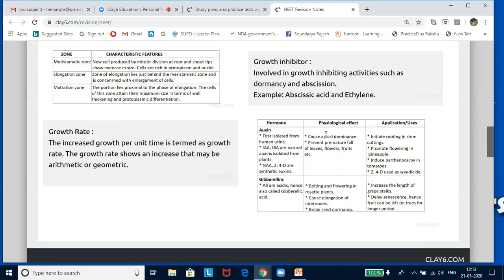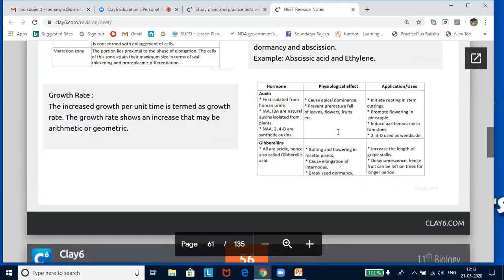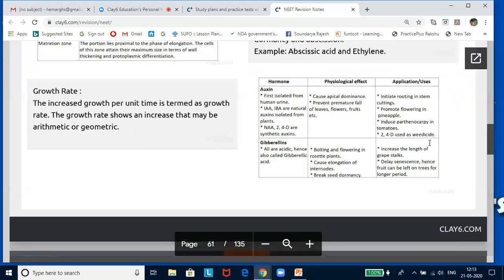Phytohormones are broadly grouped under five major classes, namely auxins, gibberellins, cytokinins, ethylene, and abscisic acid. So you are not studying much about growth regulators because they are of synthetic origin, but phytohormones are the important concept which we have to understand. Now let us look at each and every phytohormone in detail. Now the first one is the auxin. The term auxin is applied to indole-3-acetic acid, IAA,